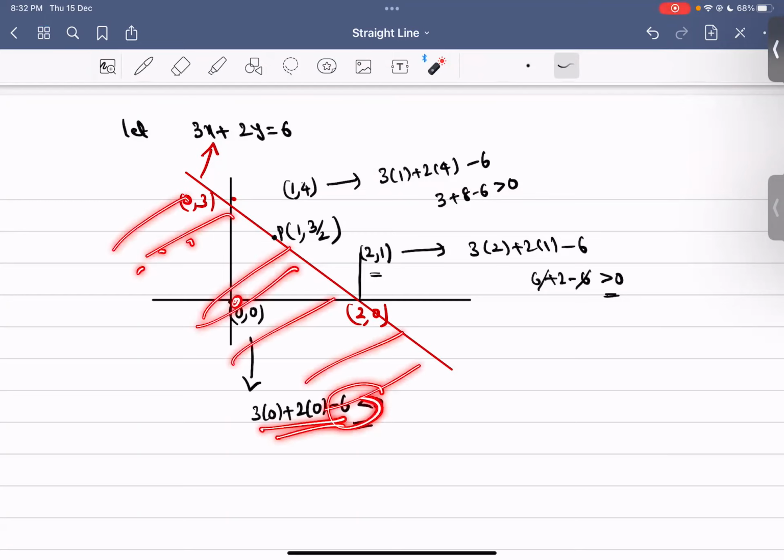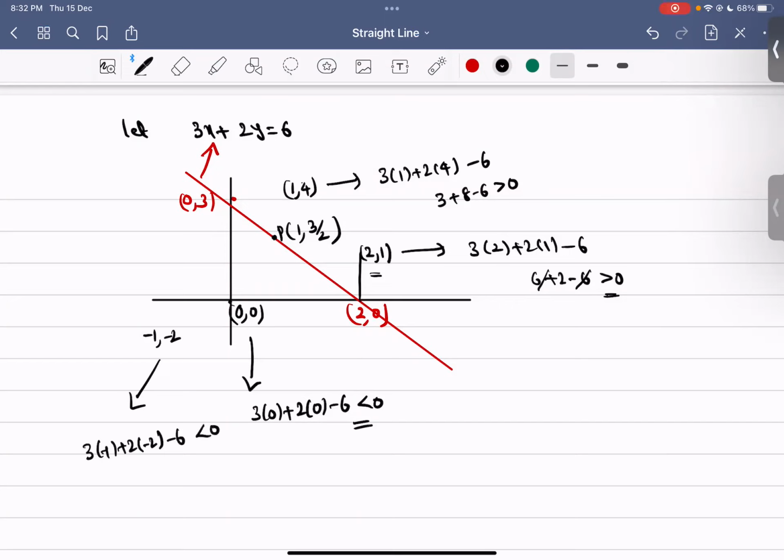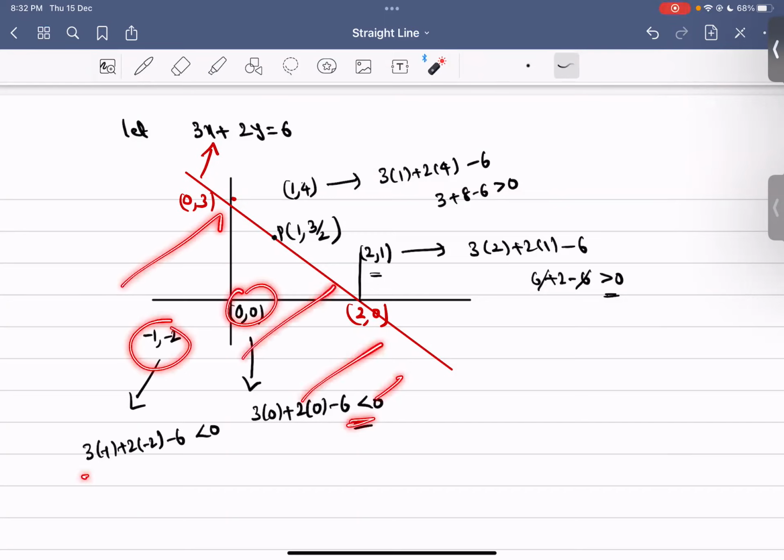So check it out: 3 into -1 plus 2 into -2 minus 6, which is a negative quantity. So for 1 point we got negative, means for all other points in this region you will get the negative value only. That is one of the observations. So next what you do is,